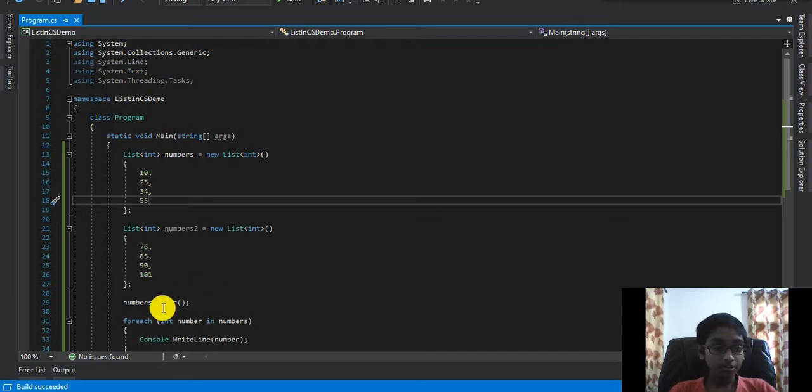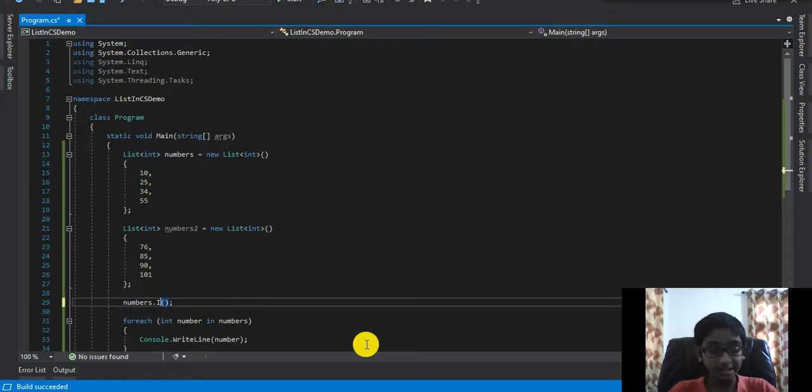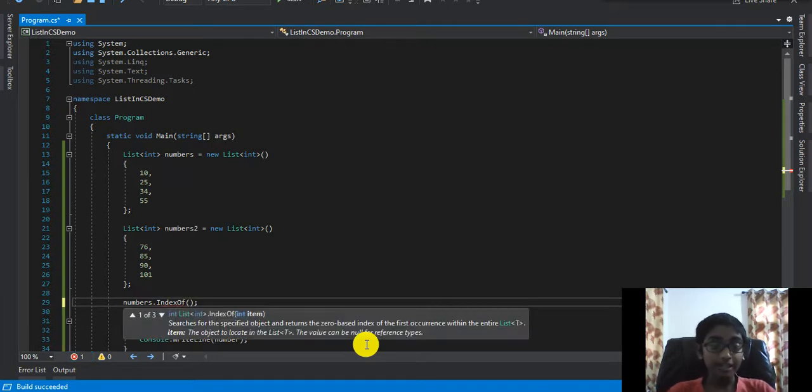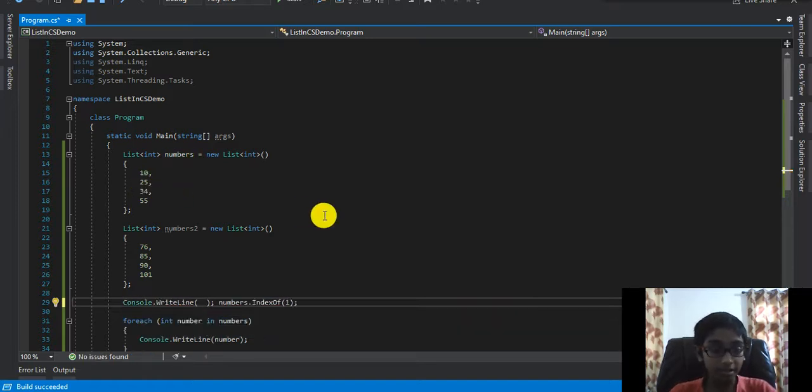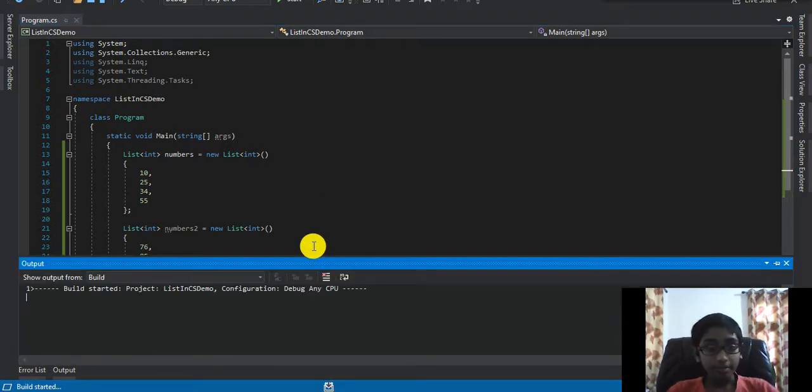Okay. Next we have another method that is called IndexOf. Why this is used is to find out the index position of a particular element inside of this list. Let's say we want to find out the index position of this 25. It is at 1, and we will actually write this onto the console. Okay, Console.WriteLine, and remove the semicolon. Now when we run our program,